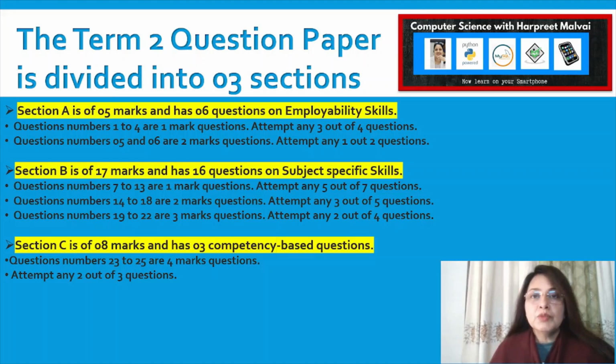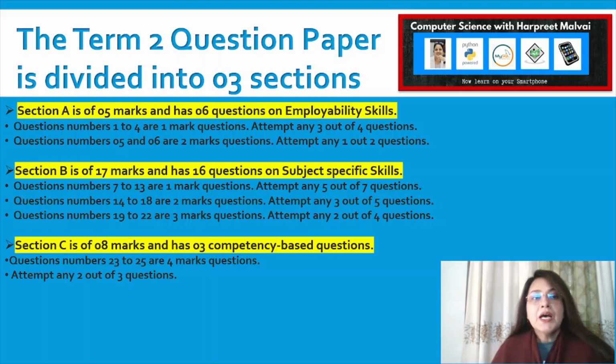Now, the Term 2 question paper is divided into three sections. सेक्शन ए 5 मार्क्स का है और इसमें 6 क्वेश्चंस एम्प्लॉयबिलिटी स्किल्स के हैं। ये 6 क्वेश्चंस में से जो 4 क्वेश्चंस हैं जिनमें से आपको कोई भी 3 करने हैं वो 1 मार्क्स के हैं। दैट मीन्स 3 मार्क्स फॉर these 3 questions that you will attempt. There is also one more portion where you get 2 questions जिसमें से आपको एक क्वेश्चन करना है और वो